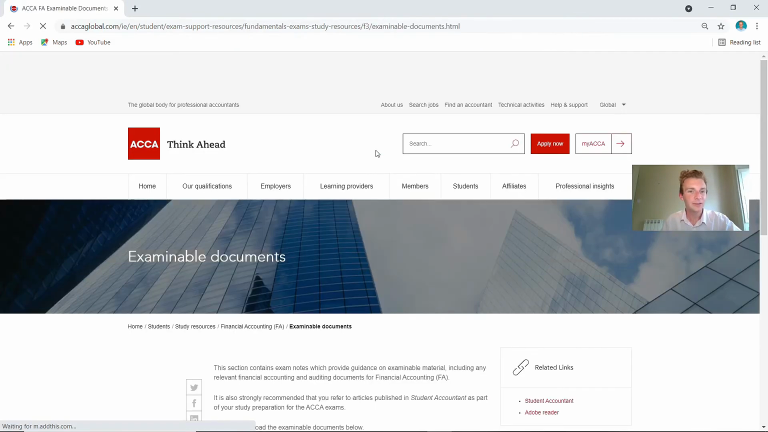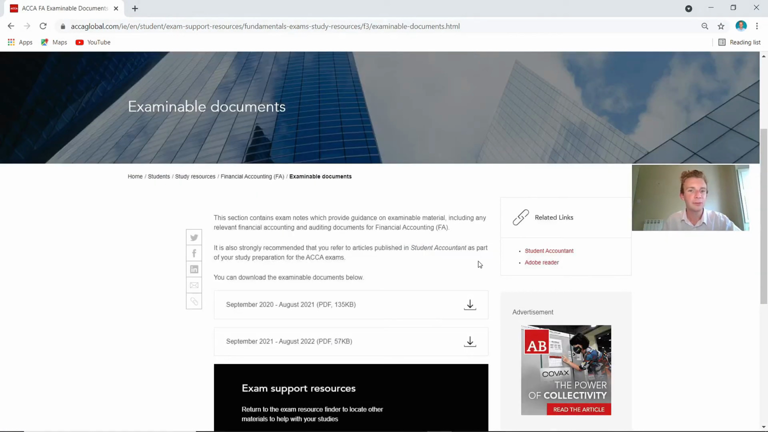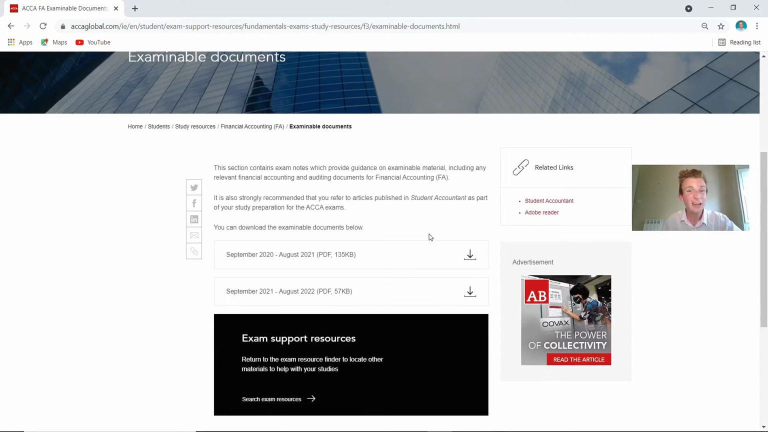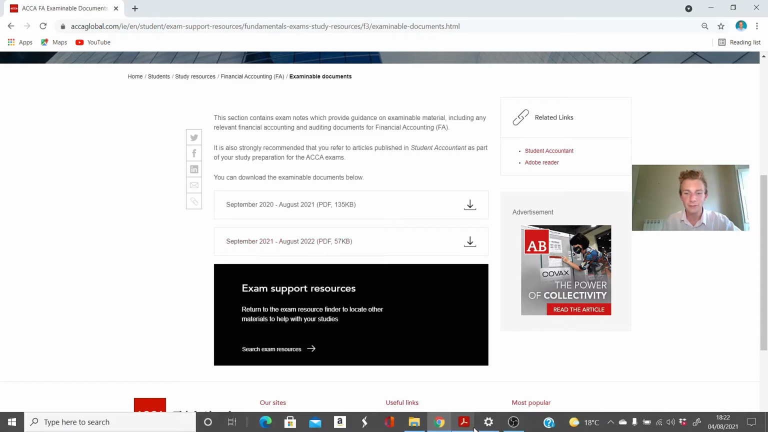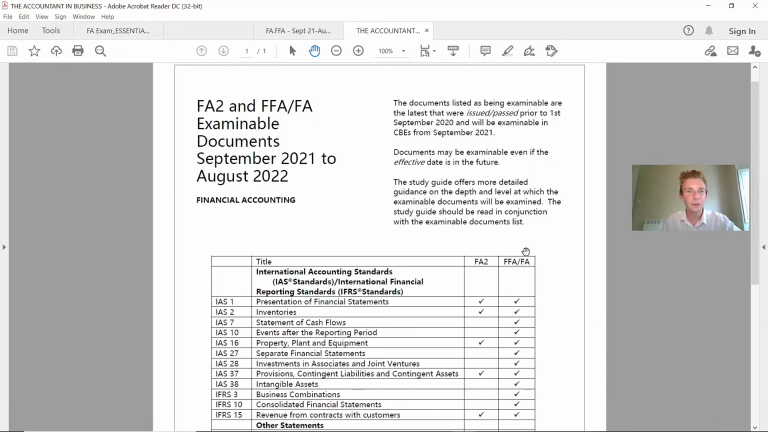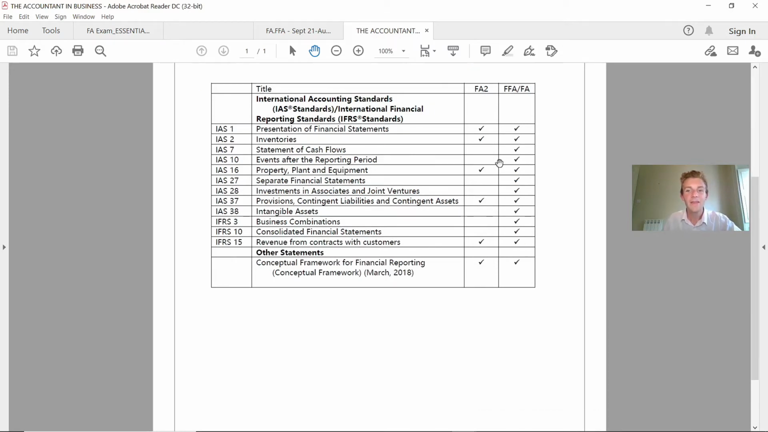Now, next we have on here something called the examinable documents. And again, a really overlooked resource that you can download for free on here. Again, I'm just going to pull up the most up-to-date one on here, and this is what it looks like. And as you can see on here, it breaks down all of the different international accounting standards, as you can see on the left, and then it ticks them off as to say, well, for whichever one you're going to be doing,